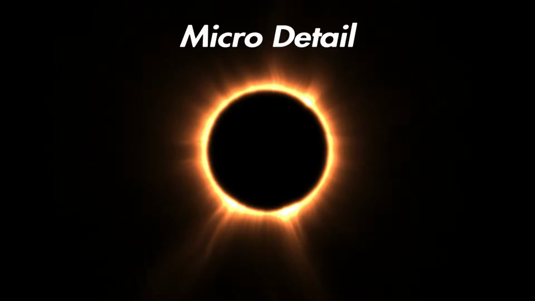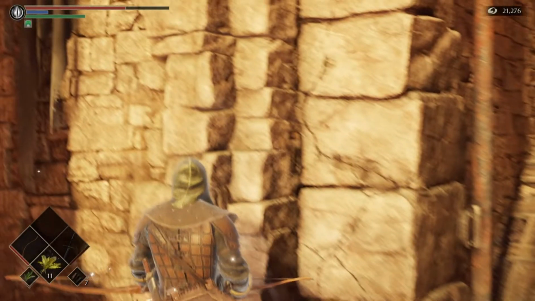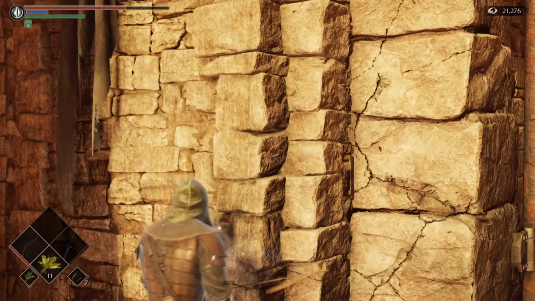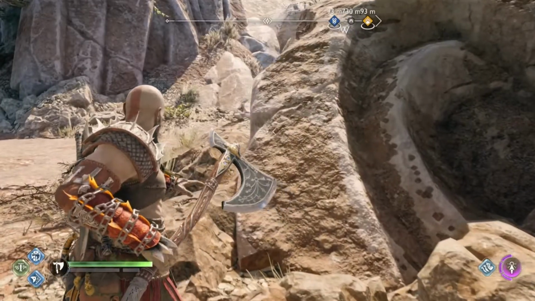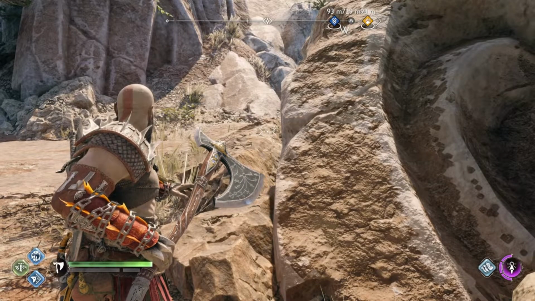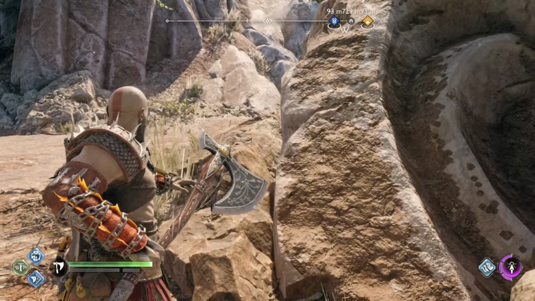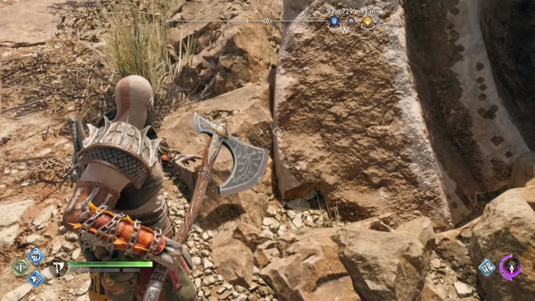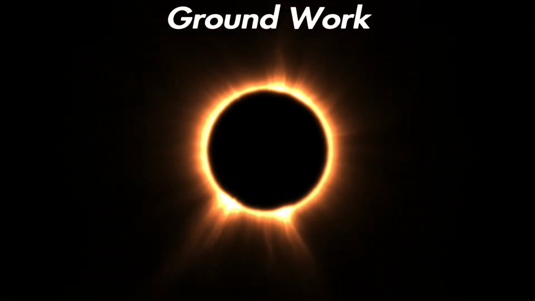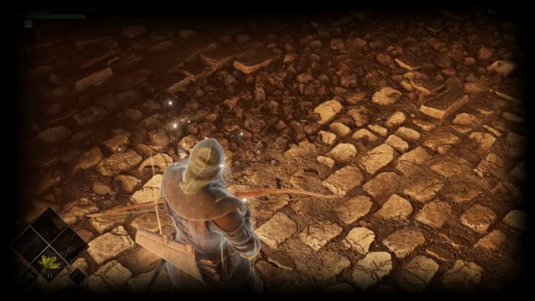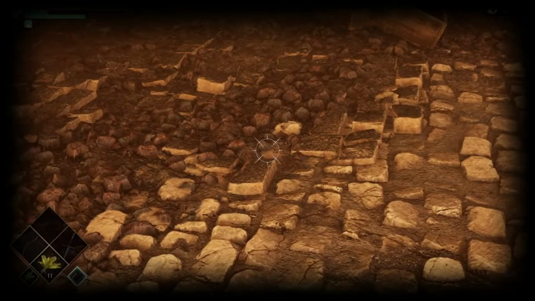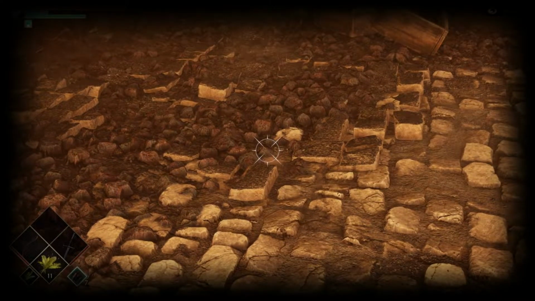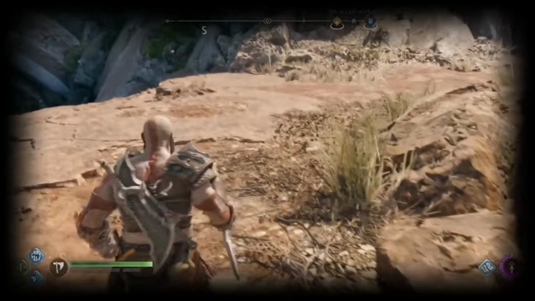Also, we're going to talk about micro details as well, since we're looking at things in the macro. The polygons that make up the environment tend to be actually crafted, whereas in God of War, they tend to rely on texture quality, you know, high texture quality. Even looking at the groundwork here, the texture groundwork here as well. See, and this is what I was saying before, they rely on parallax occlusion mapping or actual polygons. And they have pretty decent details as well.